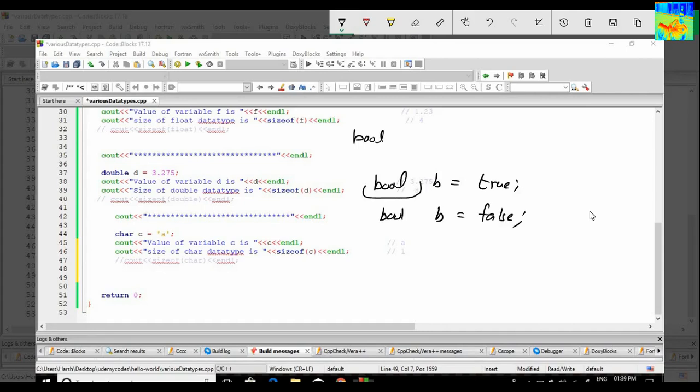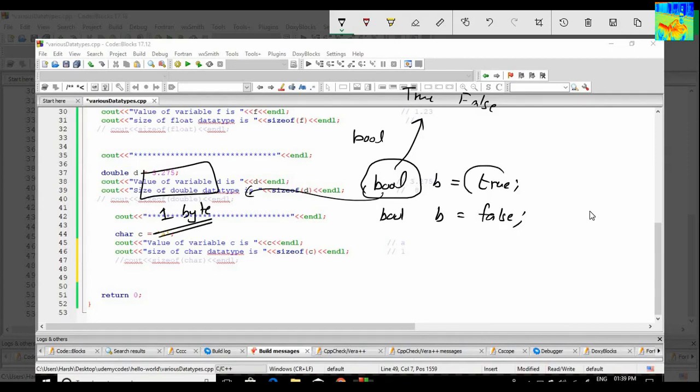So bool is a data type that has only two values: either true or false. What is the size of bool? The size of bool is 1 byte only. You can also say true means 1 and false means 0.